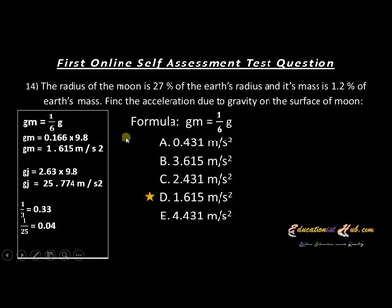But this numerical can also come in the form of the acceleration due to gravity at the surface of Jupiter. When they ask you to find the acceleration due to gravity on the surface of Jupiter, then don't get confused. Just use this formula, Gj equals 2.63 times 9.8. It means gravity at Jupiter is 2.6 times the gravity on the surface of earth. So 2.63 multiplied by 9.8 becomes 25.774 meter per second square. So the gravity on the surface of Jupiter is